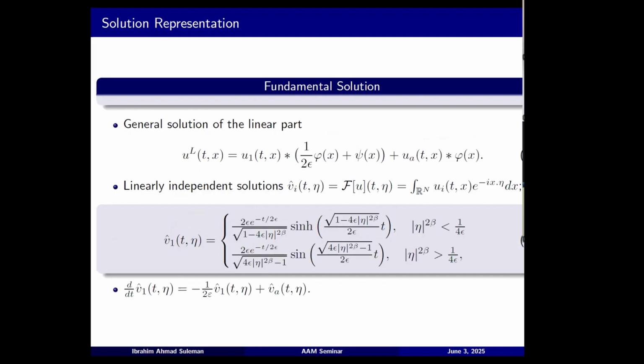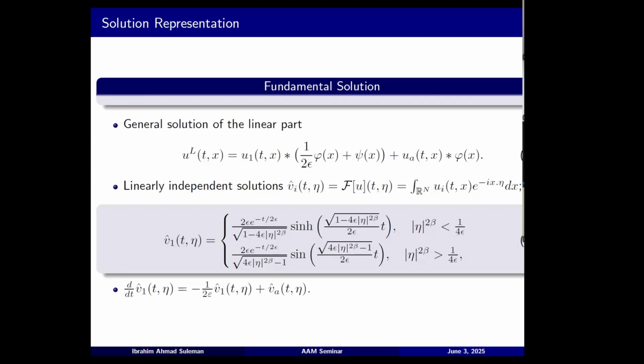So this is part of the idea of the local solution, but the norm estimates are important for both the local solution and the global solution. So we'll start with the solution representation to see how we estimate these norms. So starting with the linear part, ignoring the nonlinear part, we have the linear solution can be written in this form. u_L, that's the linear solution, is equal to u1 with this convolution in space, and u_A, an auxiliary function.